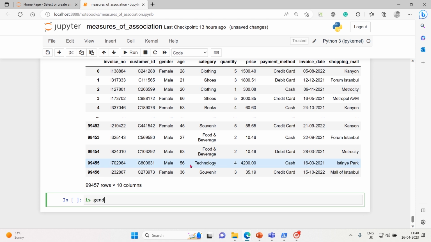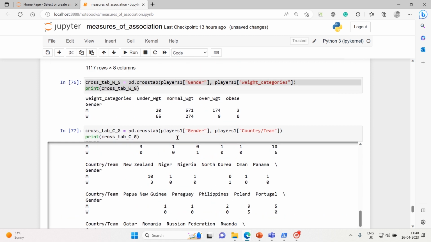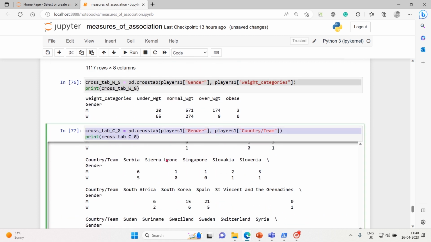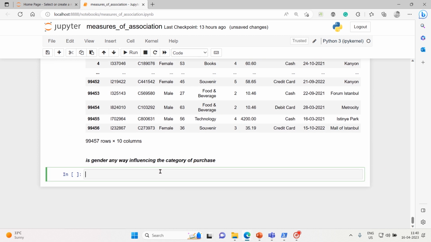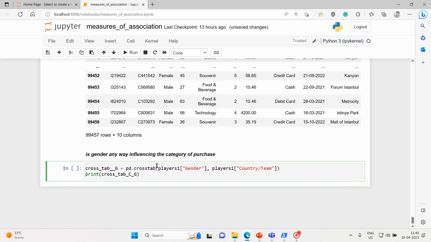Is gender in any way influencing the category of purchase? So let me check the cross tabulation and paste it here. So this is your category,